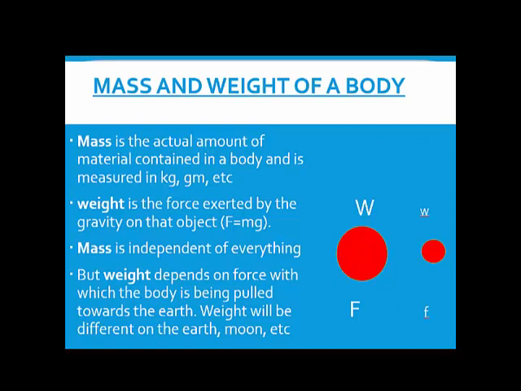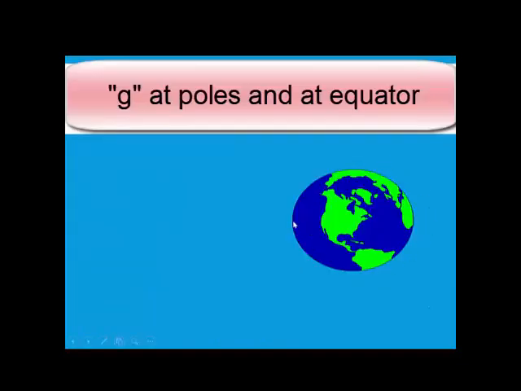In the last class, we spoke about weight and mass, and we understood the difference between mass and weight, and the relationship between the mass of any object on the surface of the earth and on the surface of the moon. As you all know, if you have read about the shape of the earth, you will know that the earth is not exactly spherical, but slightly flattened from the top. So if this is the north pole and this is the south pole, you can see that the earth is slightly flat here at the poles.